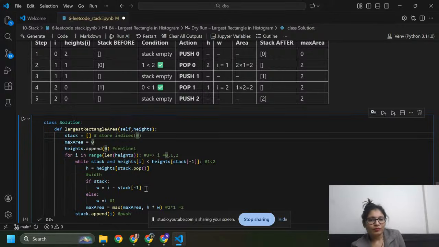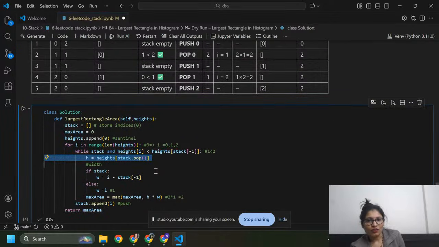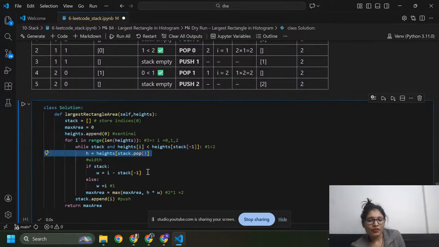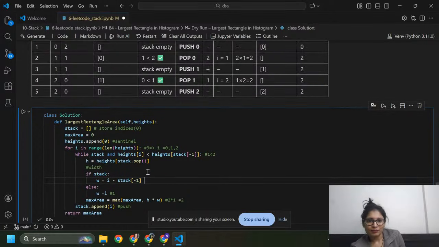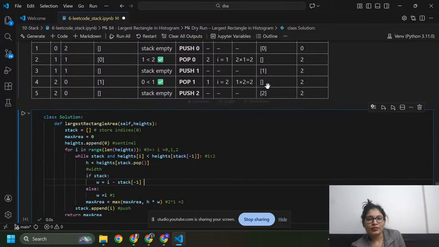Our stack is 1, and after removing it becomes empty, so I don't need to check that condition. I will execute this condition.